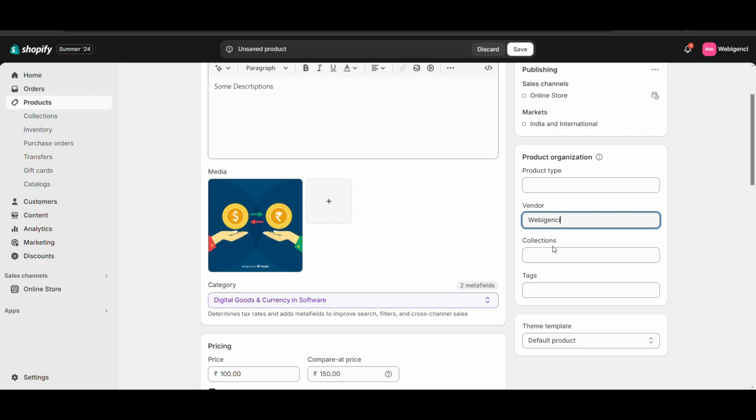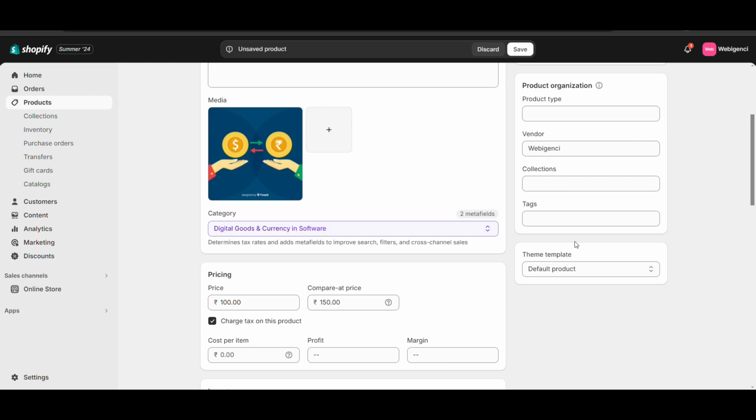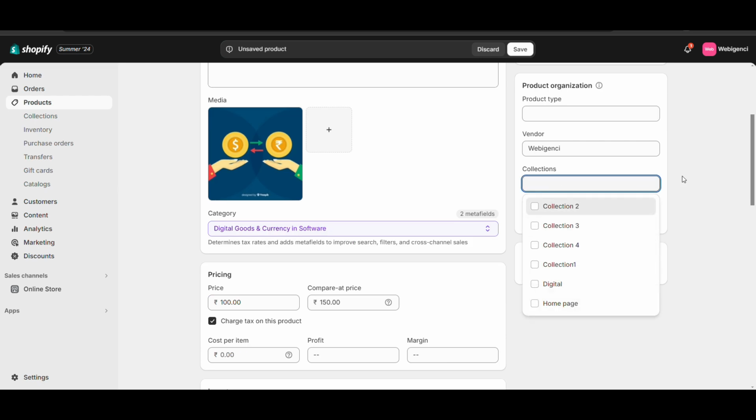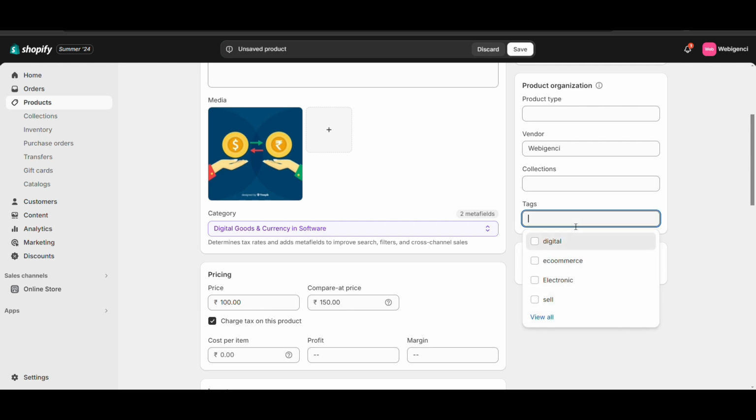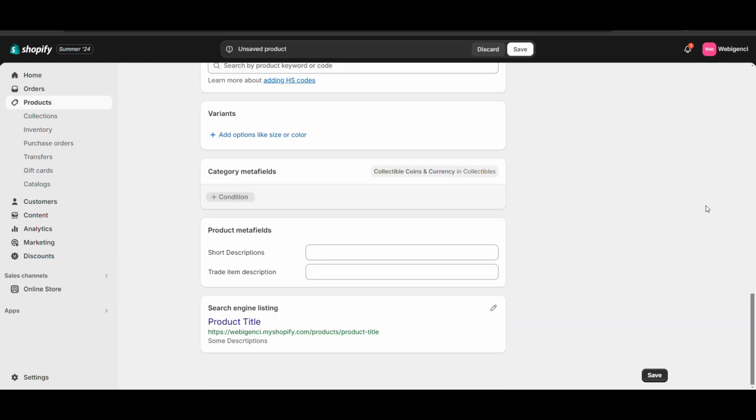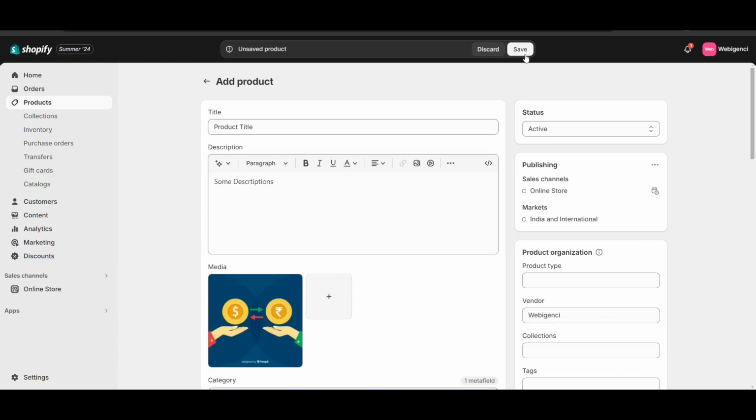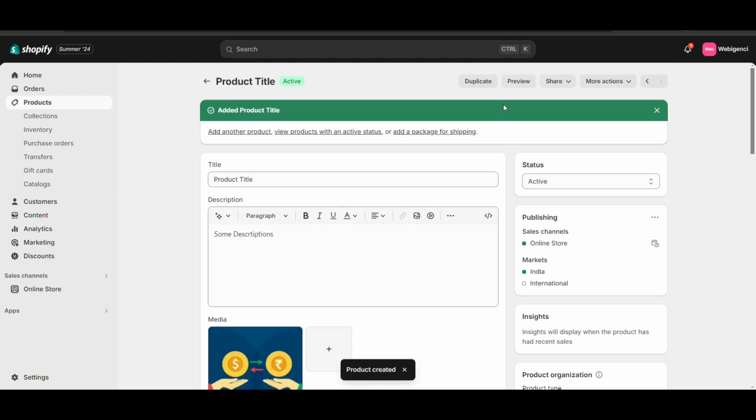Vendor you can select, or it will be directly selected. Collection is a type of category that you have created. I will show you how to add or create a collection. Okay, tags you can give that you can use in future. I will show you, like I've added a tag, C tag, something like that. I have created a dummy tag, or you can add tags for SEO purposes. So this is a default simple product. It's not a variation. I have saved it. I have created the simple product.